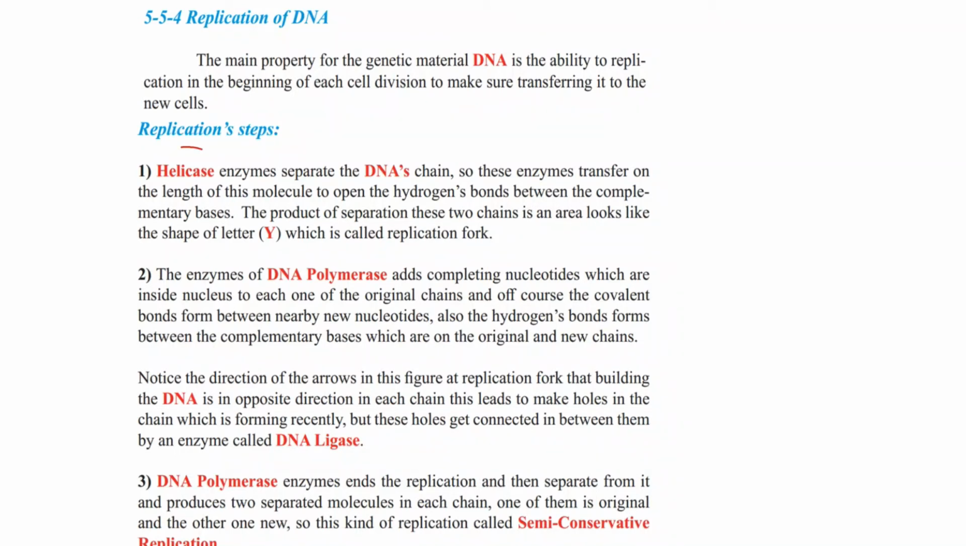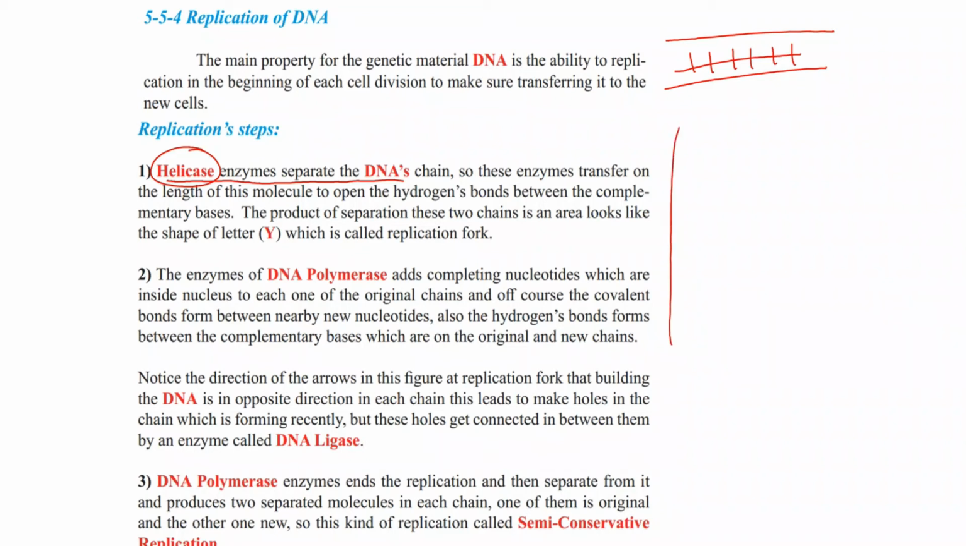Helicase enzyme, like a scissor, we know this enzyme separates the DNA chains. How we said, the two DNA chains are connected to one another by hydrogen bonds. So these hydrogen bonds are broken and the two chains are separated by what? Helicase enzyme. This enzyme moves along the length of the molecule to open the hydrogen bonds between the complementary bases. The product of separation, these two chains in an area, looks like the shape of the letter Y but upside